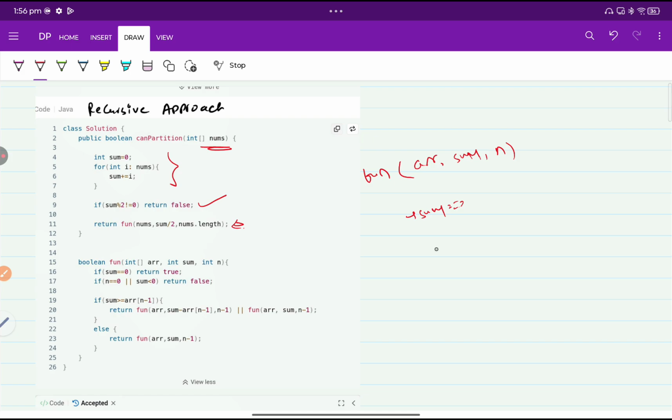If this condition holds, we have to return false. If the sum is greater than the target value, or the target is greater than the current value, then I have to call this function again for n-1, and I also write down n-1 there. And if we have the two options,